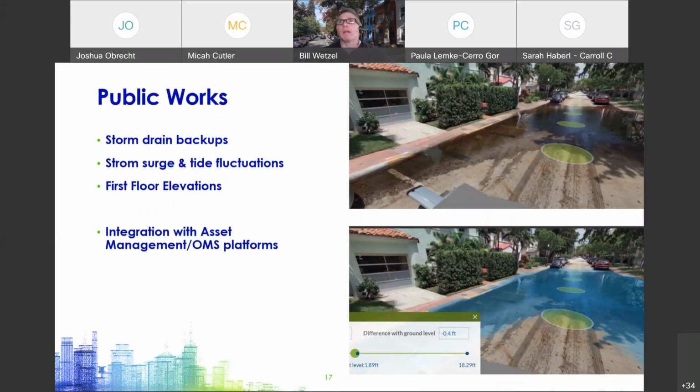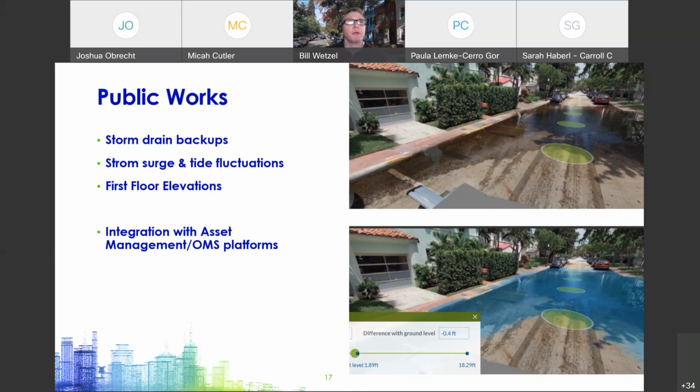Down a couple of clients down along the coast, flooding has a significant impact even on a daily basis with storm surges or tide fluctuations. Using the LiDAR data, you can actually evaluate what areas, or how high an area, might flood. You can also use this to map out first floor elevations, which are very critical for public safety and assessment purposes. You need to know what the lowest elevation is of a front door